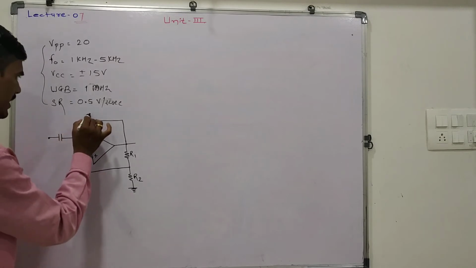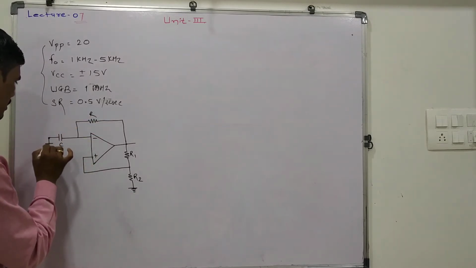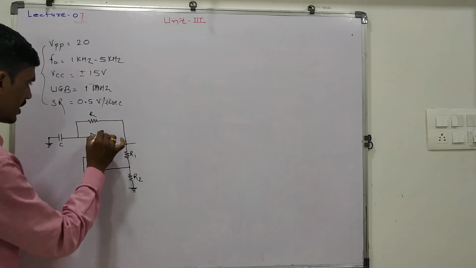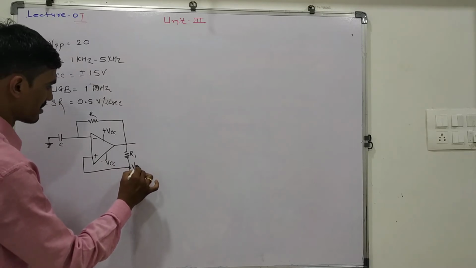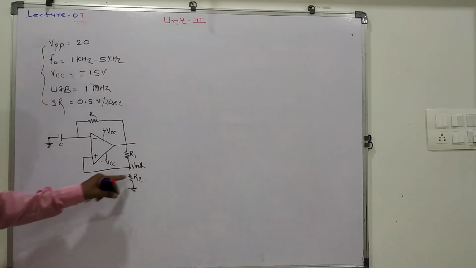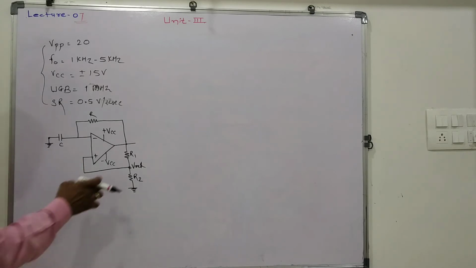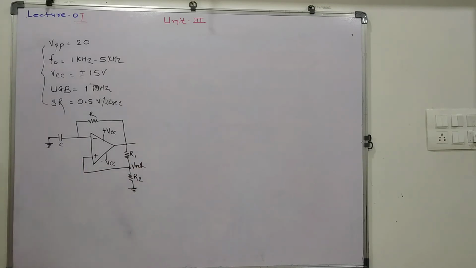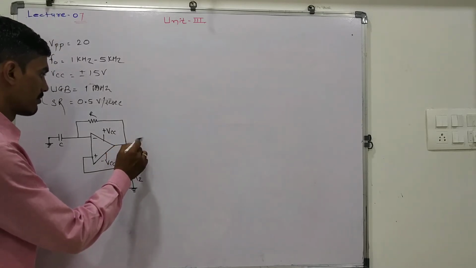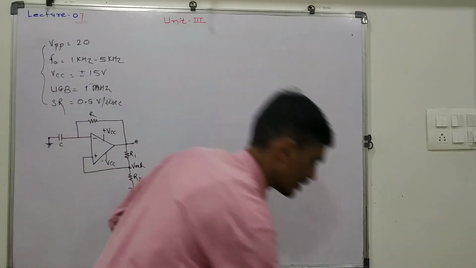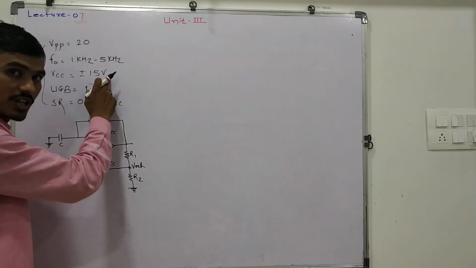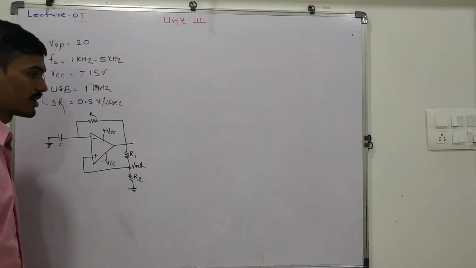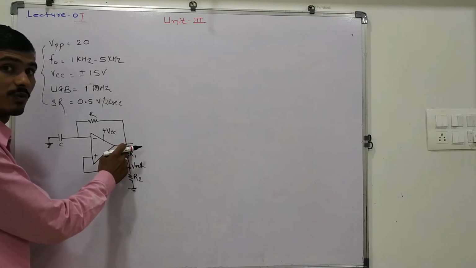So this will act as R, this is C, then this is plus VCC and this is minus VCC, and this provides the V reference. This V reference is in terms of beta, or we can say V reference is nothing but beta. So here we get the output. The output is nothing but plus minus Vsat. As we are taking VCC equal to plus minus 15 volt, it means plus minus Vsat is plus minus 14, and here we are getting plus minus 14 as an output voltage.